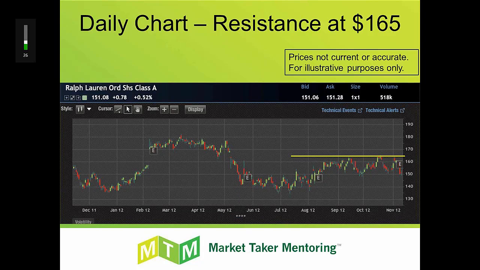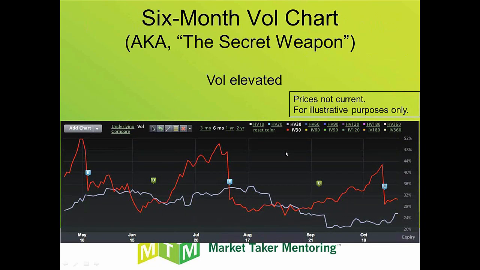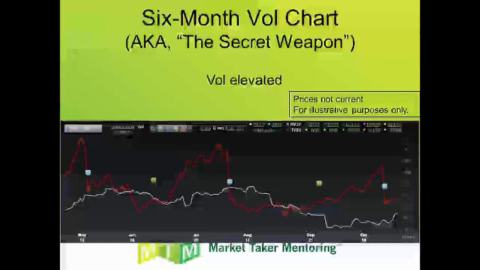Ralph Lauren was at 151 bucks a share. And on the daily candle chart, there was resistance at $165 a share. On the weekly candle chart, going back 2 years, there was resistance at $165 a share. Now that's almost 10% away from the current stock price. Then here is the so-called secret weapon,